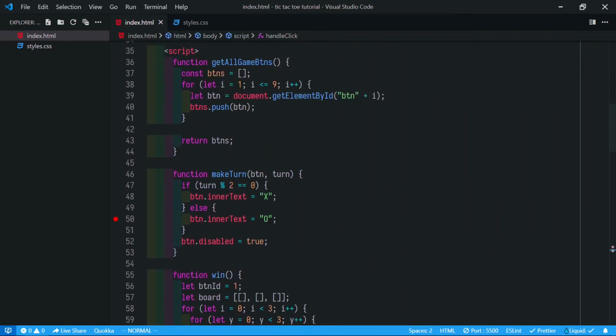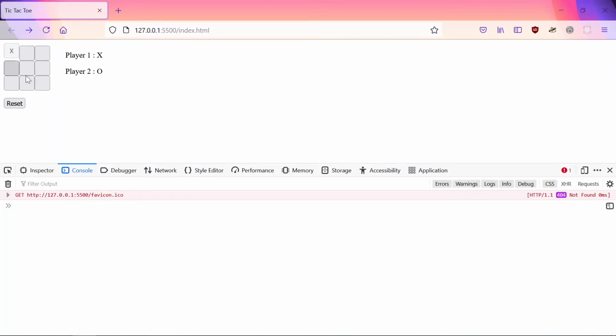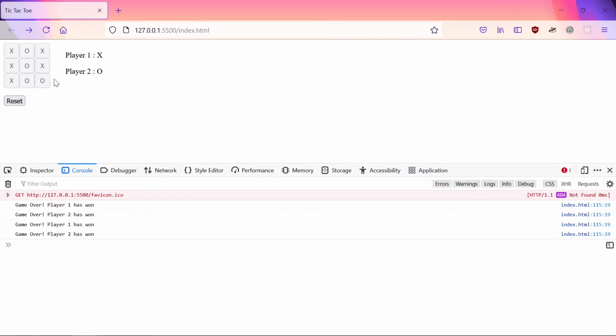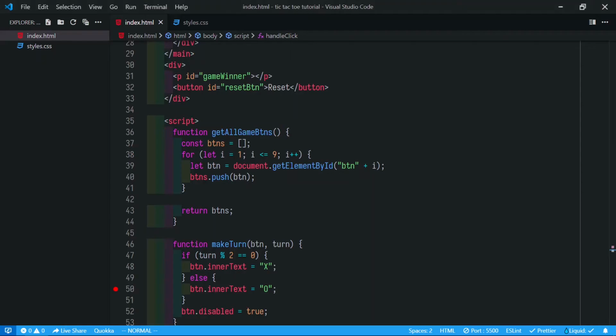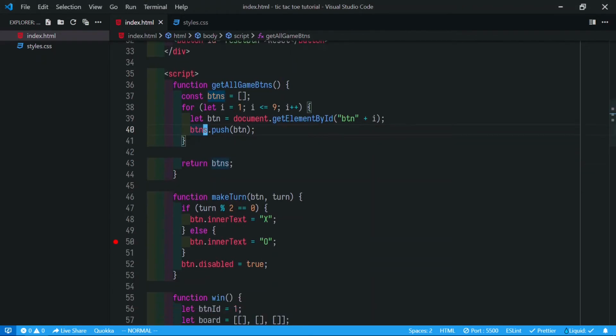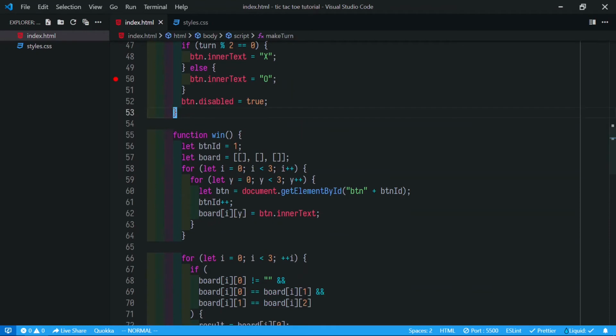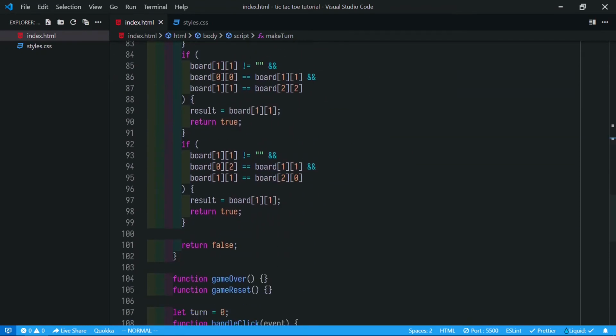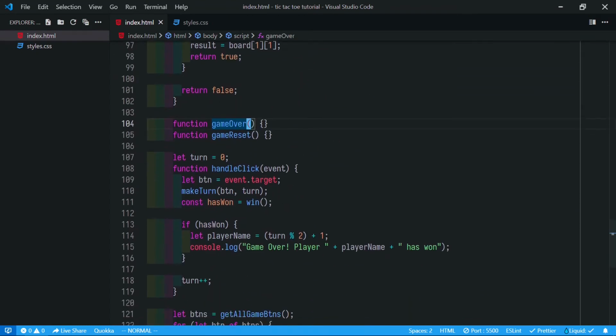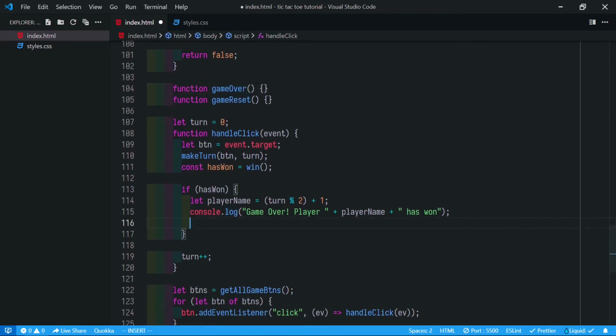Now after the has won, we have to disable all the buttons, so we cannot click after that and do this funky stuff. So after the won, we have to call the game over function.